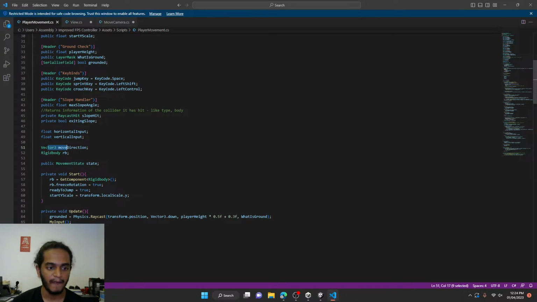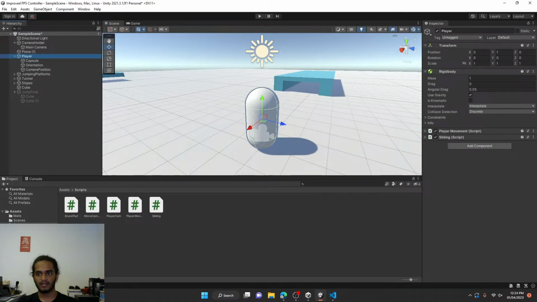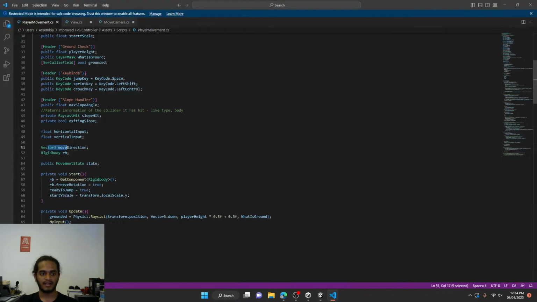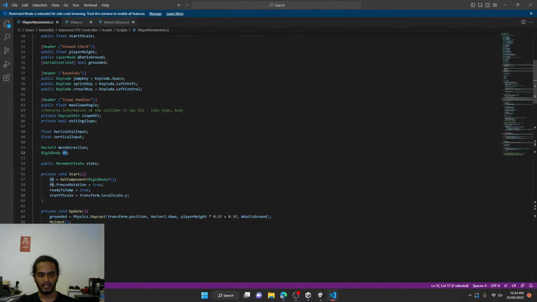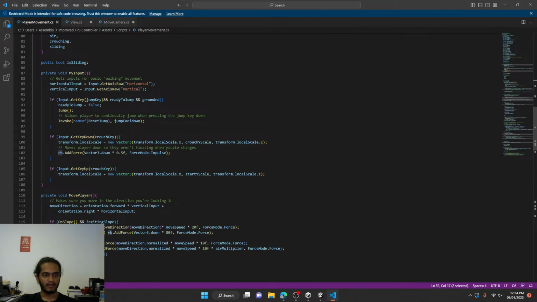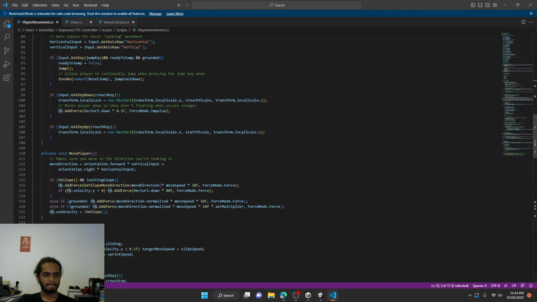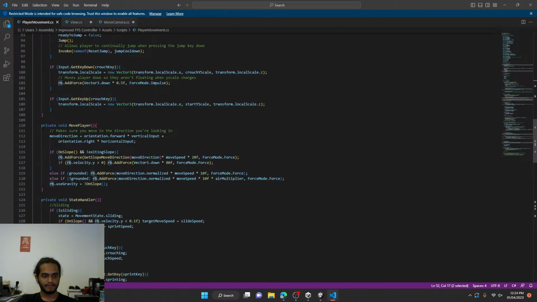So that's why I asked you to add under here. You'll add your rigid body. This RB variable here will get access to this rigid body. So here, okay. Now let's, yeah, here. So there's a function called add force where you'll add force in move direction, which is wherever you're